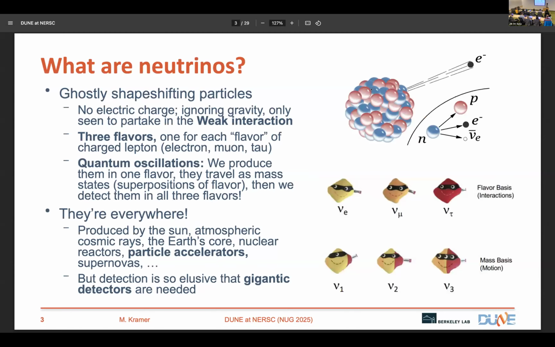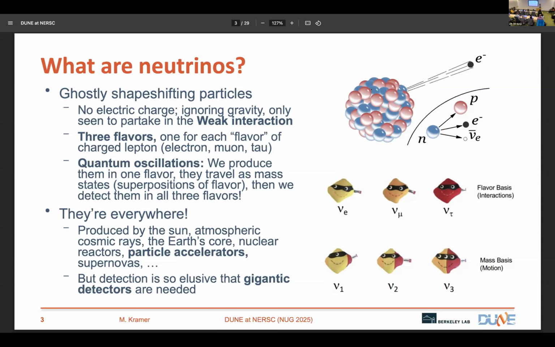So what are neutrinos? The short answer is we don't know either, but what we do know is they're these mysterious fundamental particles, at least they appear to be fundamental particles, that are a little bit more difficult to study than some of the more familiar ones, mainly because they're very ghostly. You can send neutrinos through like a light year of lead, and depending on their energy, they might not interact at all as they travel that distance. So that's the sort of challenge that we're dealing with when it comes to neutrinos.